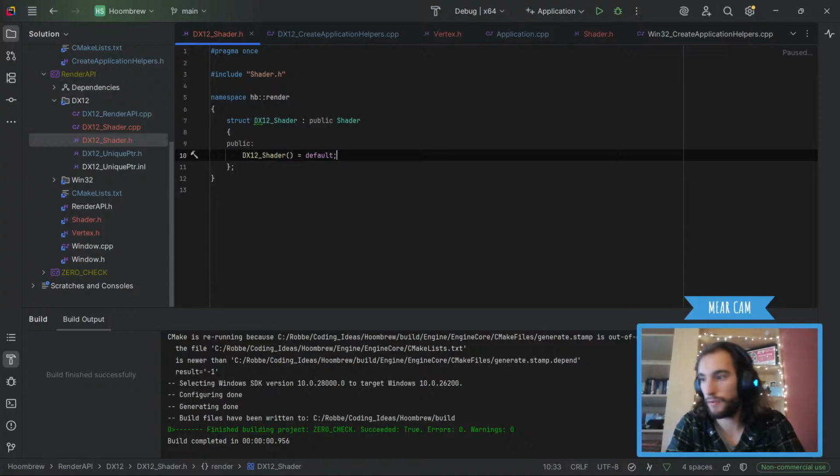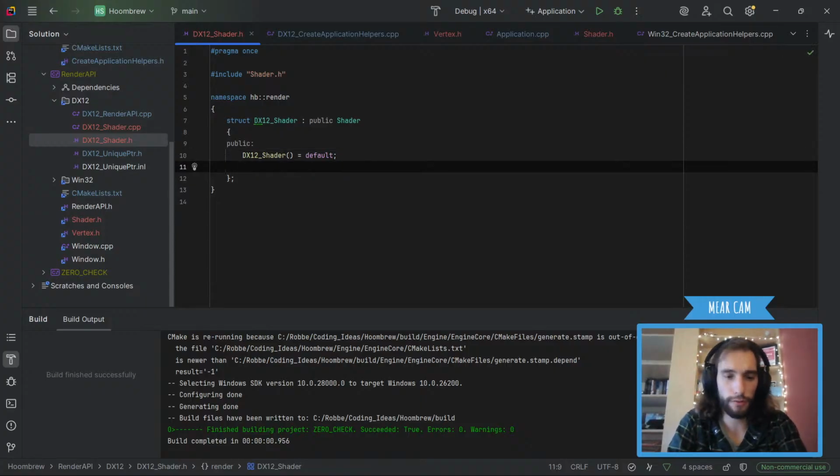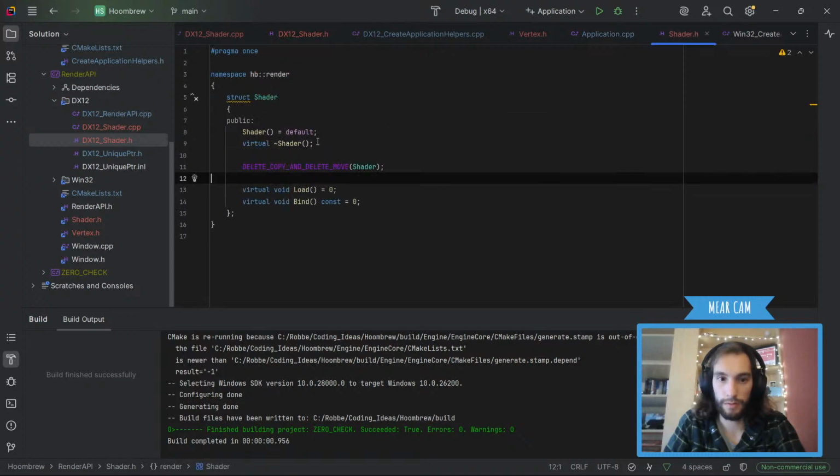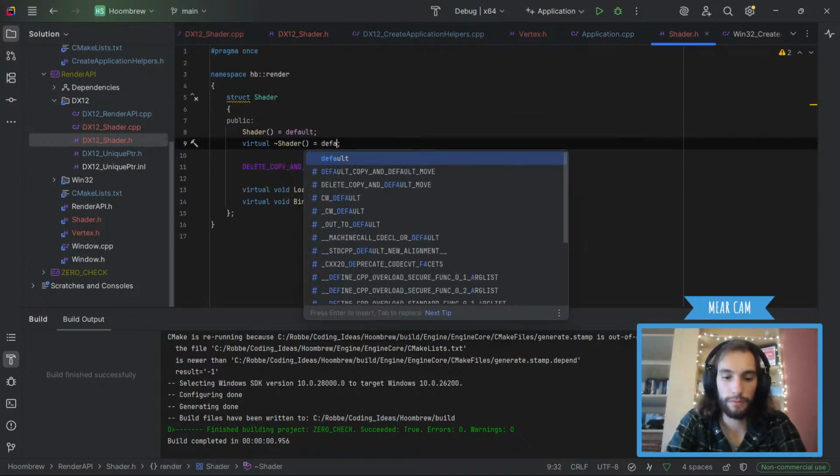We might give it some other information in the future. That, which is also default. Oh, and this should be final. Is this the normal one? I should make that one default as well.